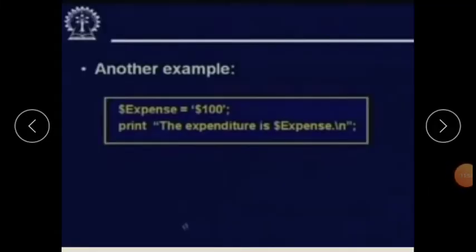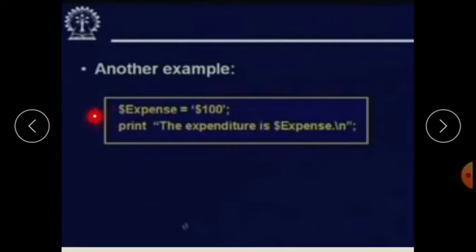Here we write '$100' to store inside $expense, and when we execute this statement, $expense is replaced by $100, because $expense is a variable written inside the double quotes, so the value of $expense is replaced by $100.